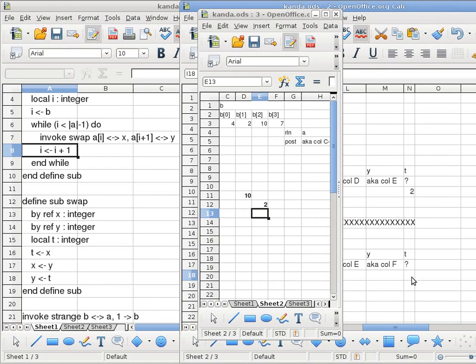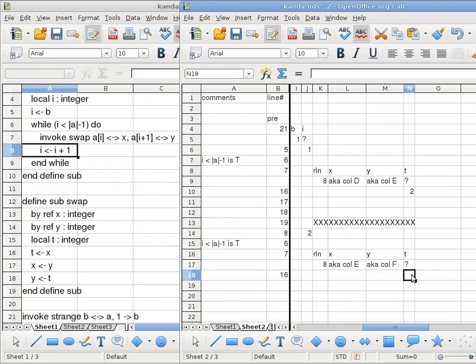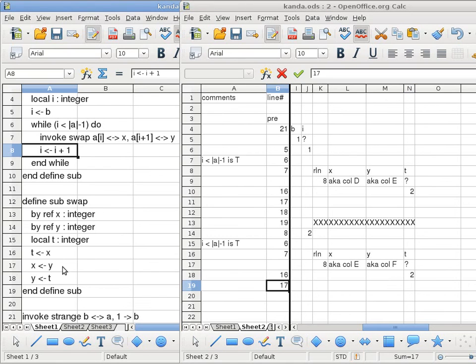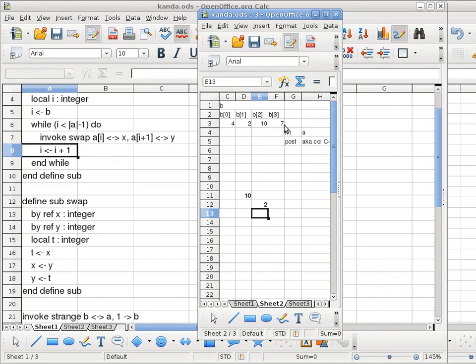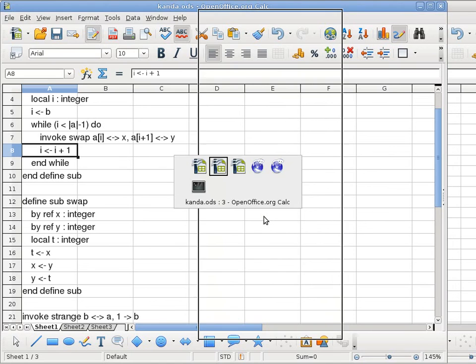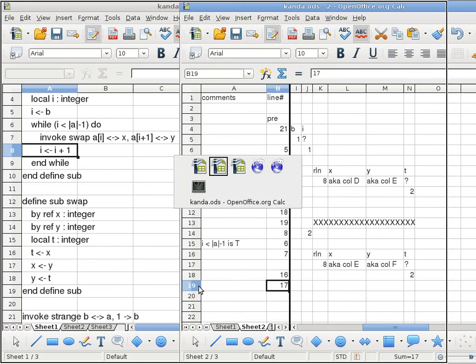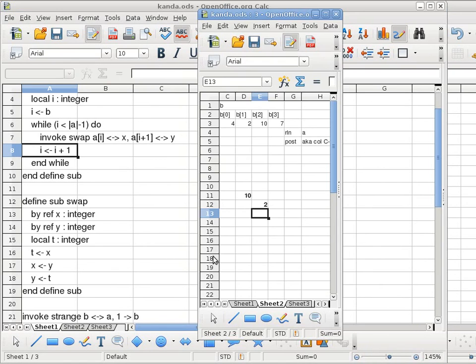And then we start execution inside the subroutine, on line 16. Line 16 says we want to copy the value of x to t, which is a local variable. X is also known as column E, and column E at this point has a value of 2. Okay, so that means over here, t gets updated to 2 again. Okay, and we move on to line 17. Line 17 says we want to copy the value of y to x. Y is also known as column F,